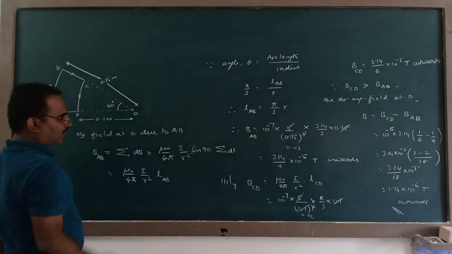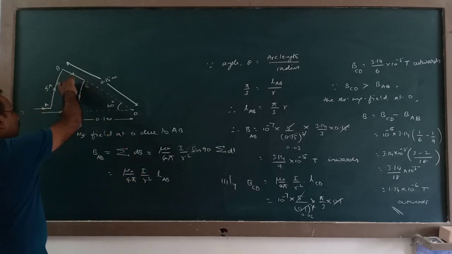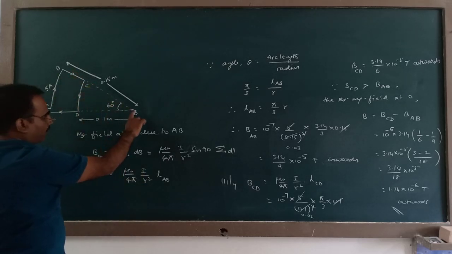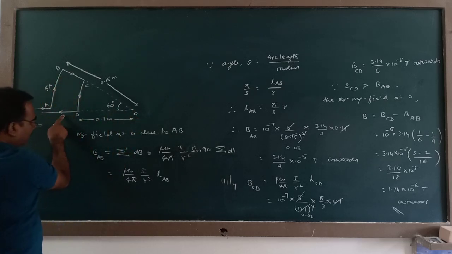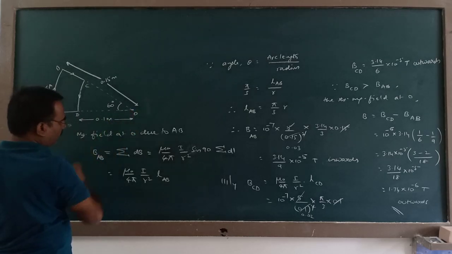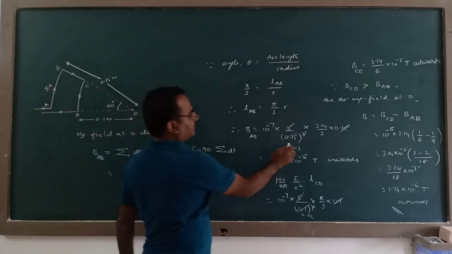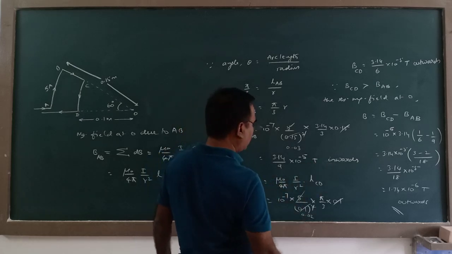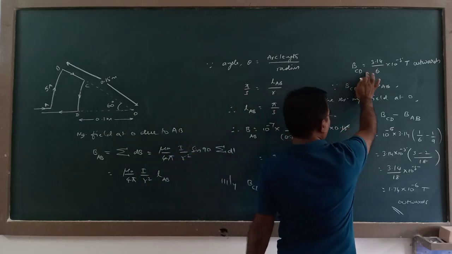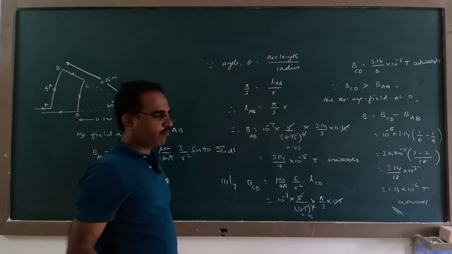So when these types of problems are given, you remember the procedure. Only this arc part of this conductor contributes to the magnetic field here. This conductor BC and this conductor AD do not contribute to the magnetic field at O. First, due to AB, this is the magnetic field, which is inwards because the current is clockwise. Due to CD, this is the magnetic field, this is outwards because current is anti-clockwise. So therefore the resultant magnetic field is given by 1.74 × 10⁻⁶ Tesla.